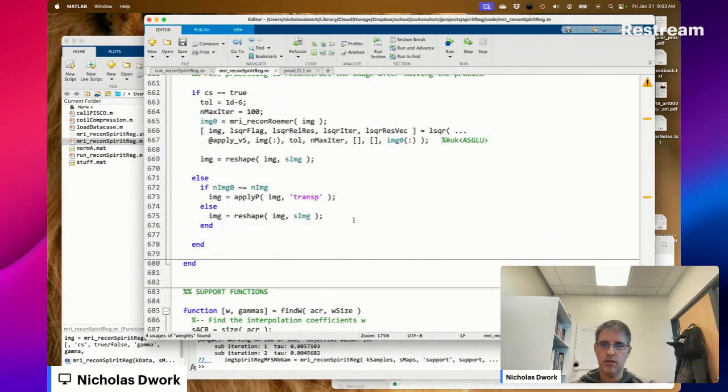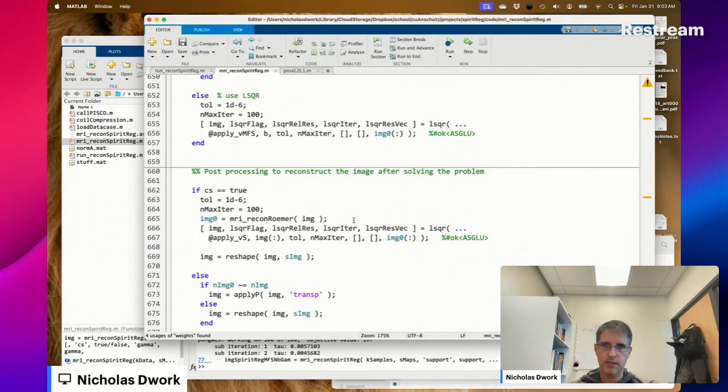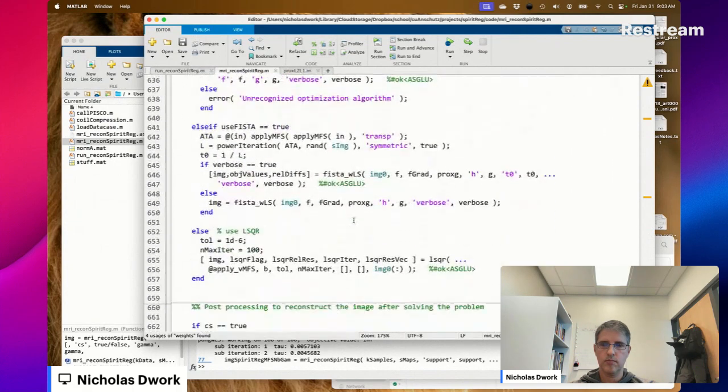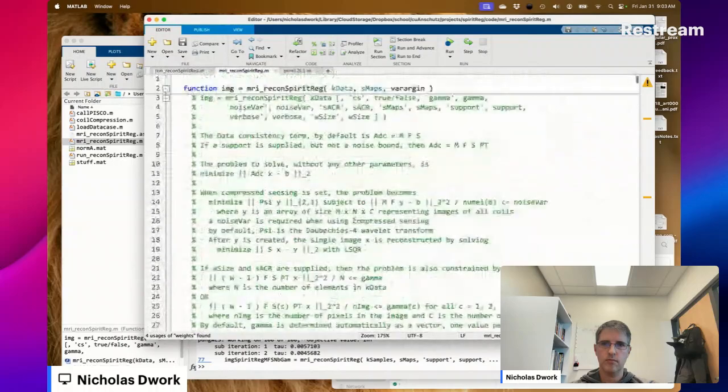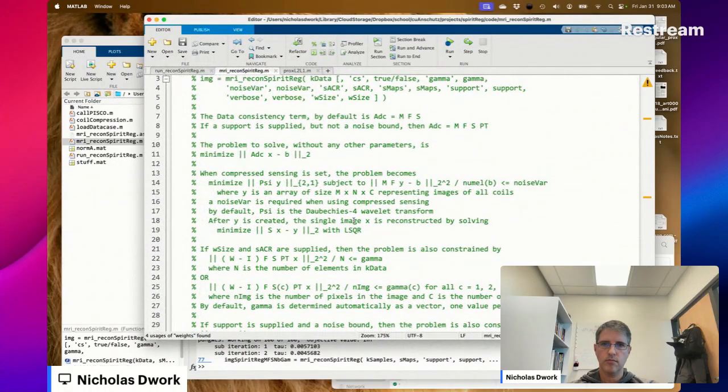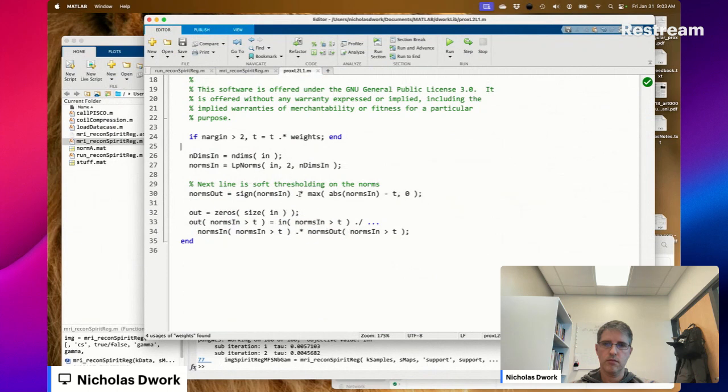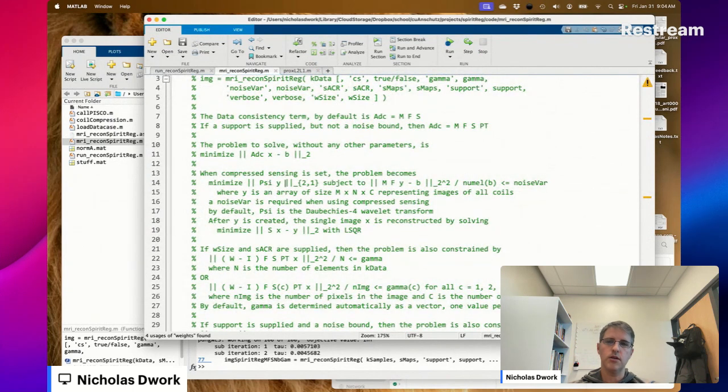Is this doing what I think it does? So this currently doesn't work.